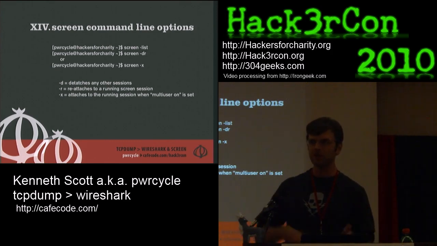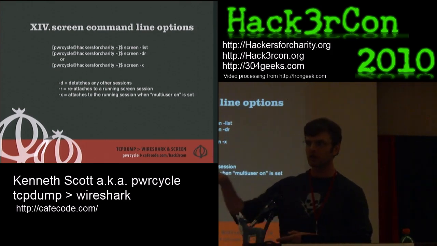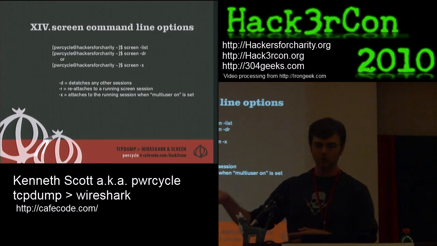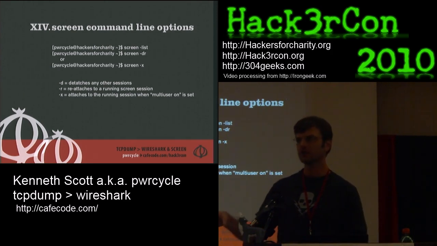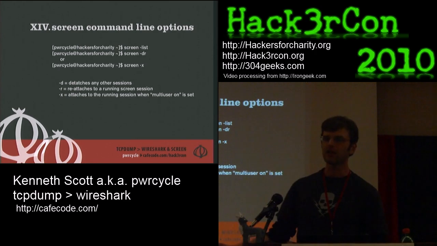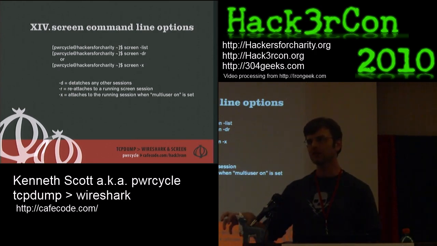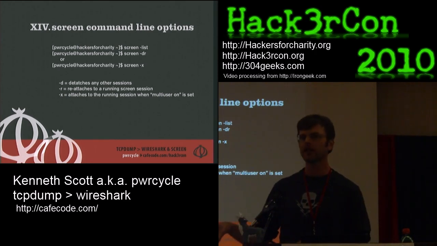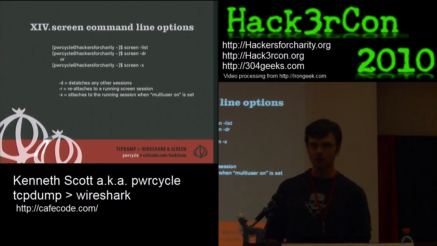And if you've been disconnected and you're coming back to it, and the screen's running there on your server, what you want to run is screen -R. That's for reattach. The D says to detach anyone else that was attached to the screen. So, for instance, if your VPN drops,